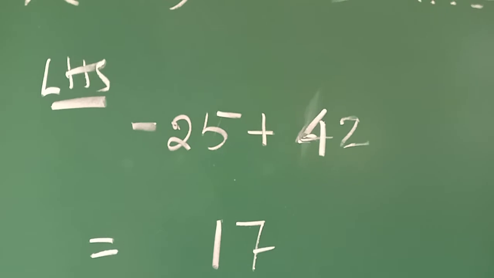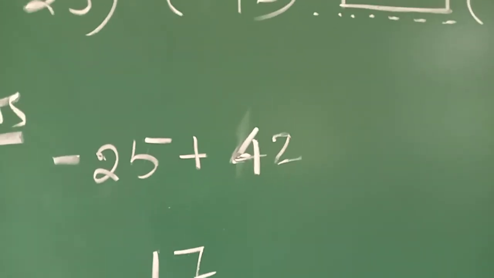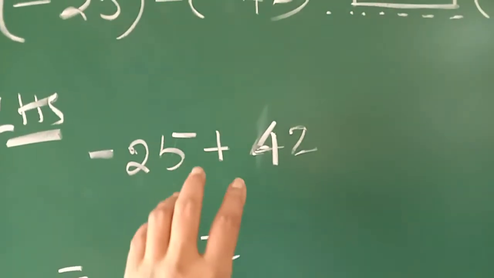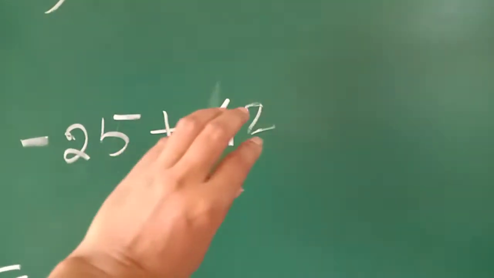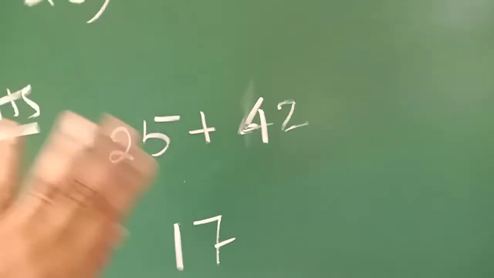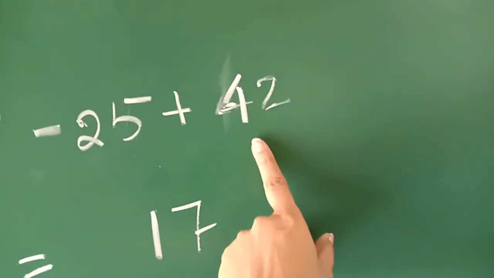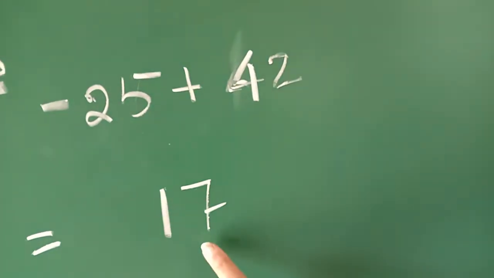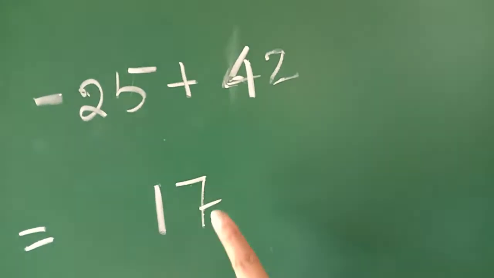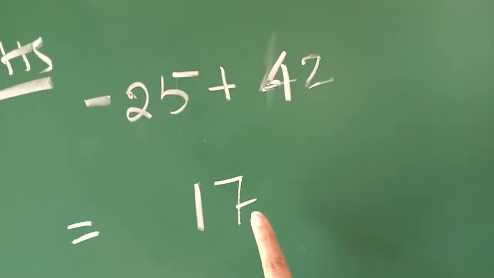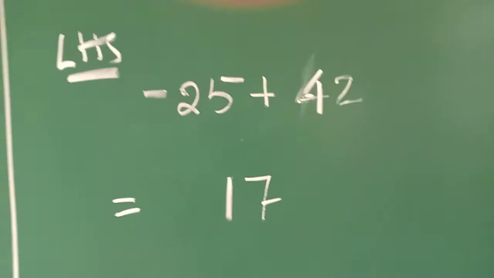Now students, tell me, it is minus 25 and it is plus 42. Remember that bottom related explanation. When it is minus 25, you take plus 25 to cancel it out. Then what is left? As it was the larger number, 17 positive is left, so it will be positive 17. Understood?